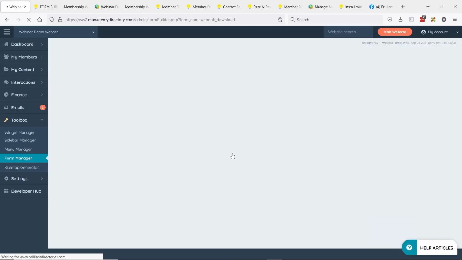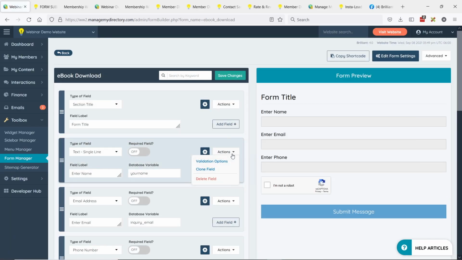And this is a critical step. So if you're following along, pay attention here. The form is the item that does all the magic. So now that we have a form that's called eBook download, what we want to do is when this form